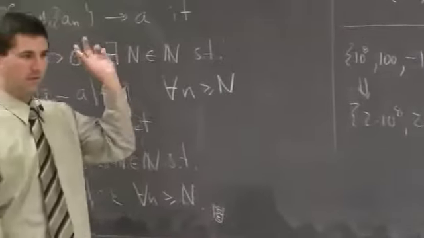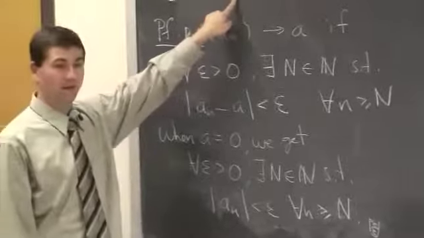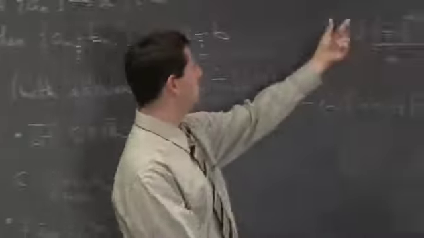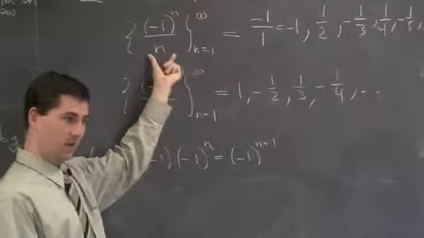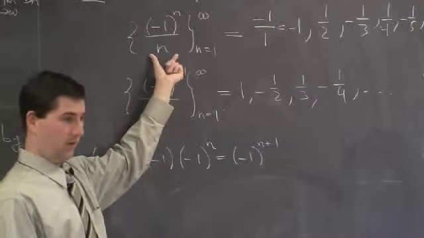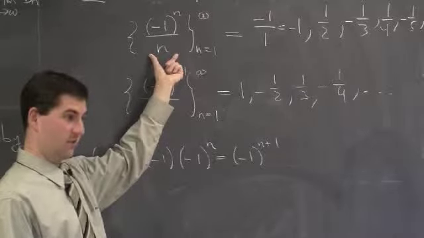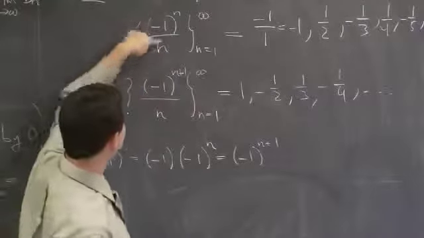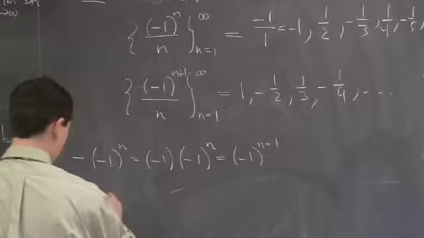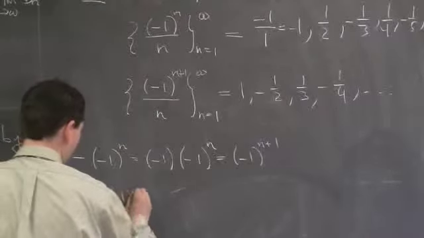Okay, so the theorem we just proved had something to do with the absolute value, right? If you take the absolute value of these terms, and it converges to 0, then the original sequence converges to 0. What's the absolute value of these terms? Right? So let's see if I did that. What's the absolute value